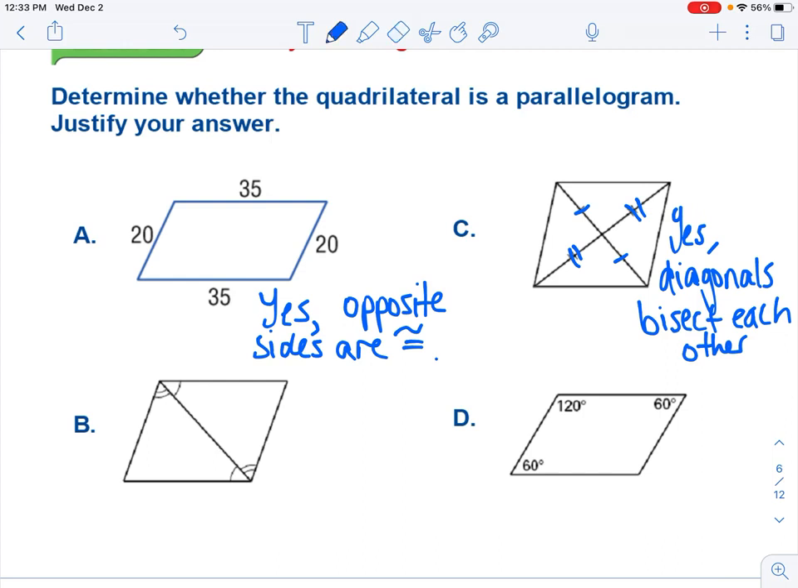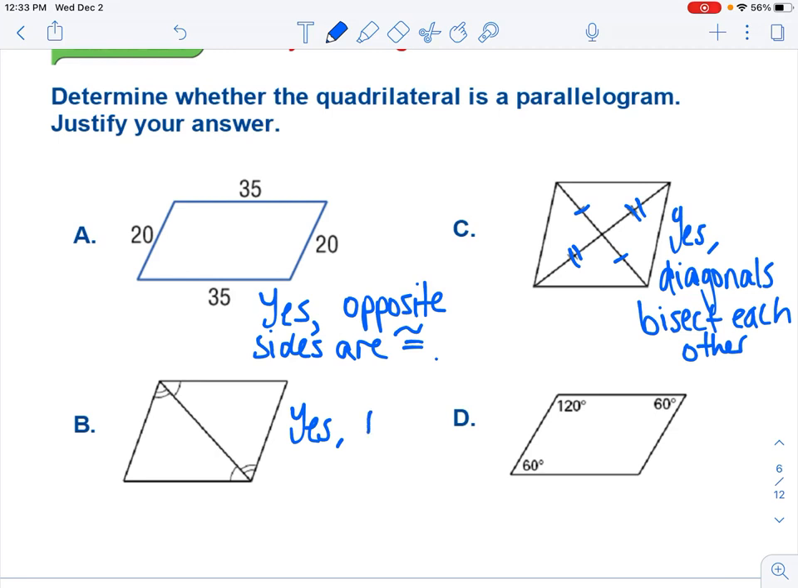We could also do that alternate interior idea that we just did with our last problem, meaning that these two are parallel and that these two sides are parallel. That would be a parallelogram. So there's quite a few different ways that you could state yes for this, but you can't say yes without going through those ways. So I'm going to say